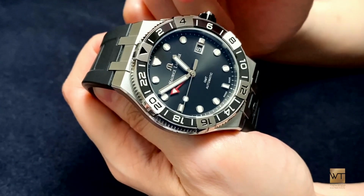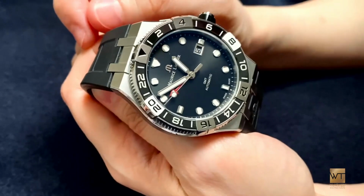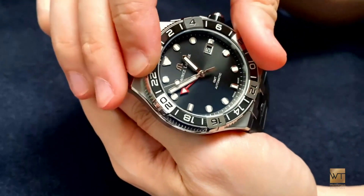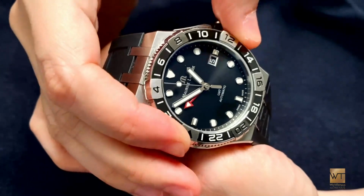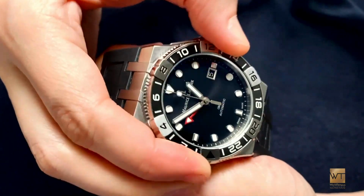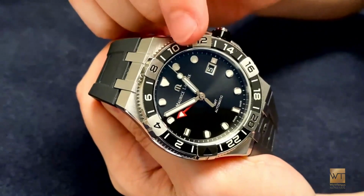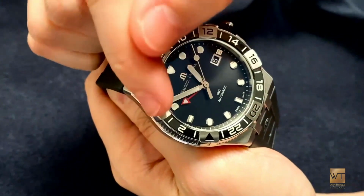Here's how. We see now in Geneva, it's 12:50 in the afternoon, and in Singapore, it's 7:50 in the evening. Let's say you also want to know what time it is in Los Angeles. Now, LA is 16 hours behind Singapore, so 24 minus 16, that's 8. You position the bezel with the 8 at the top. Now you read the time. It's 12:50 in the afternoon in Geneva, 7:50 in the evening in Singapore, and it's 3:50 in the morning in